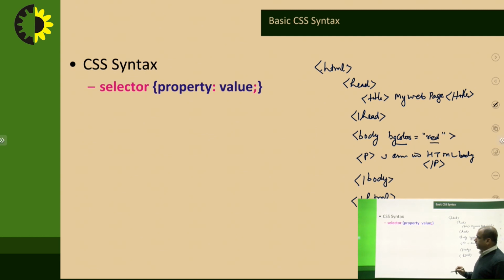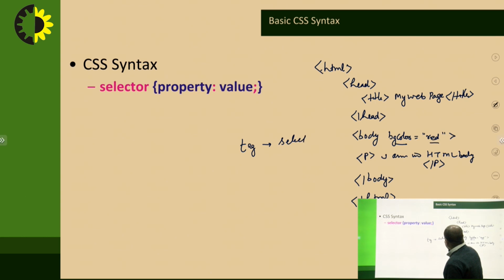On the same parallel line, if I compare this in CSS, the tag becomes what is known as a selector,